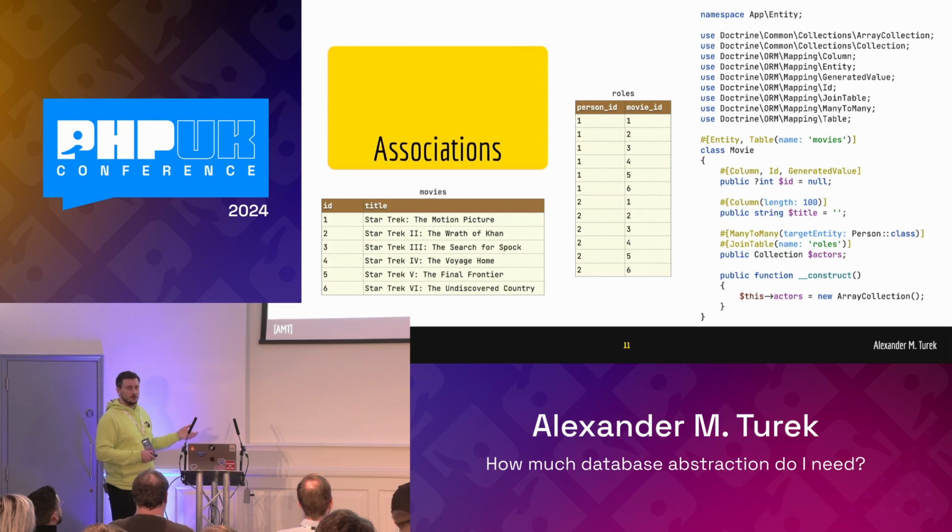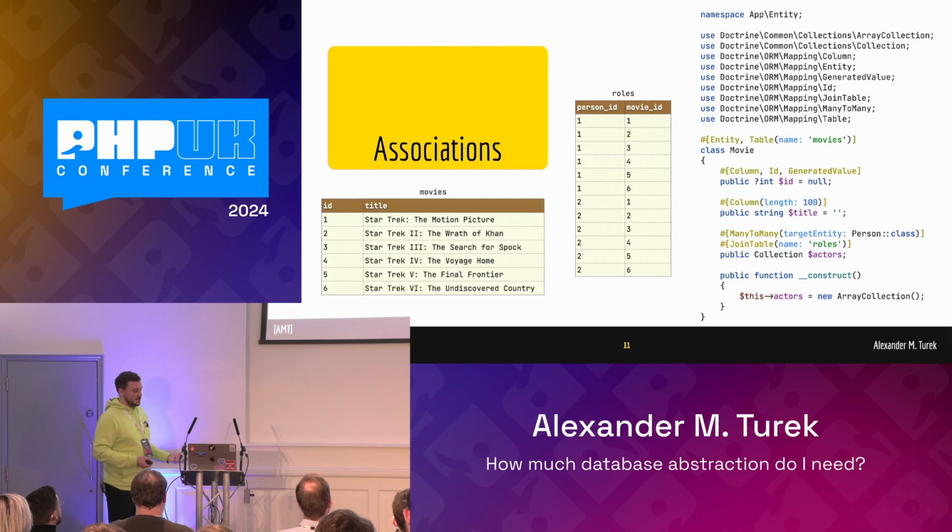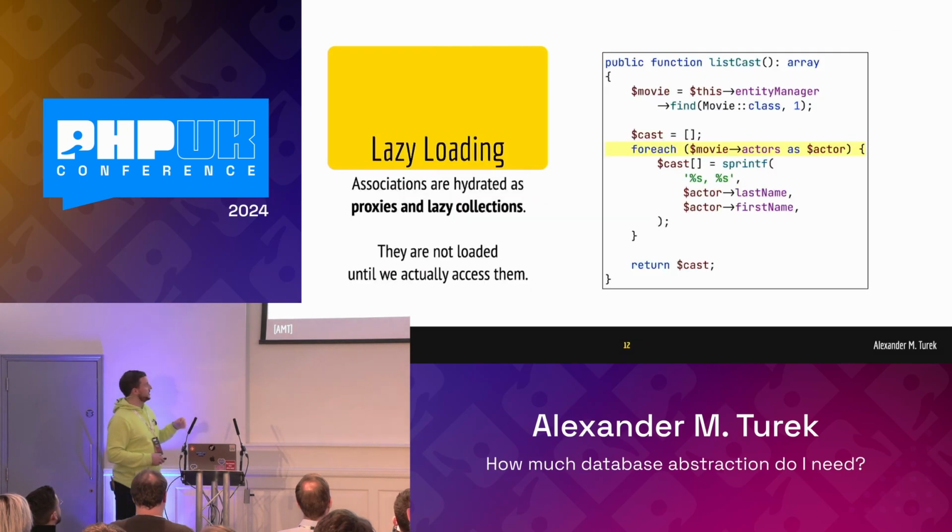It's a so-called lazy collection. So I just know that there's a collection of actors on this movie, but as soon as I start iterating over this collection of actors, the actual list of actors would be queried from the database. This is something we see on the next slide, and something that we need to keep in mind, because if I do something like this in a foreach loop, selecting multiple movies from the database, and for each movie I'm looping over the actors, and we're working with lazy collections here,